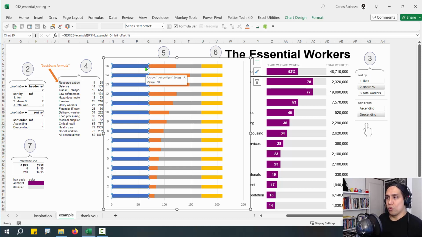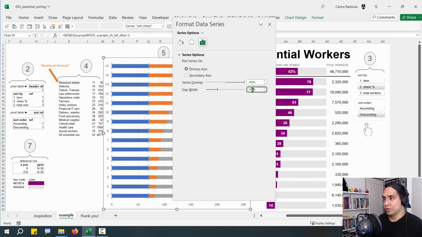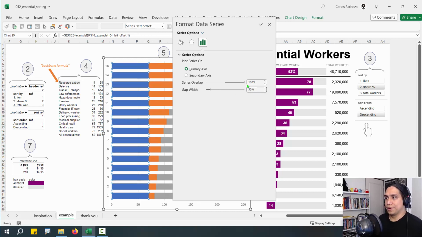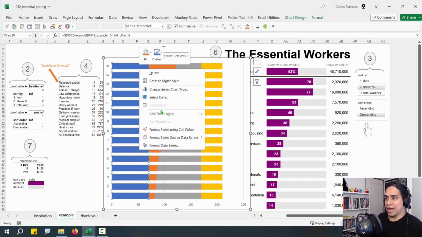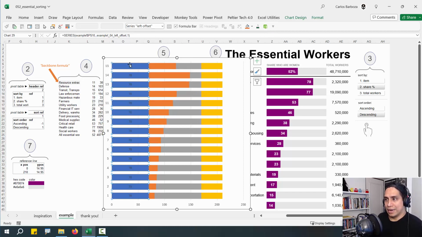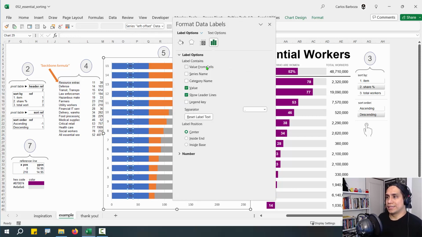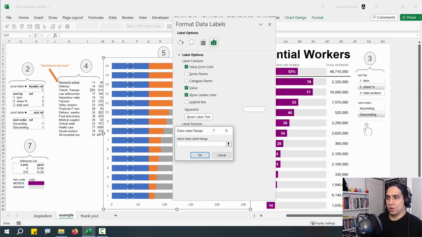Control 1, and then here we want to reduce this to 50%. There we go. And then we want to right click, add labels, click on the labels that are being placed, Control 1, and then select values from cells, which in this case is